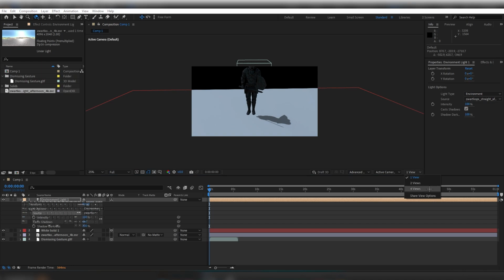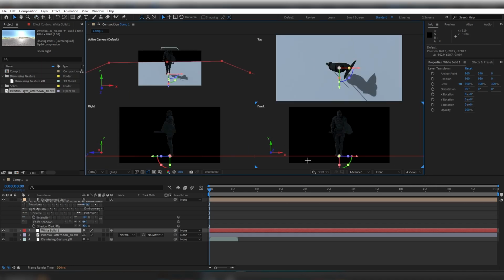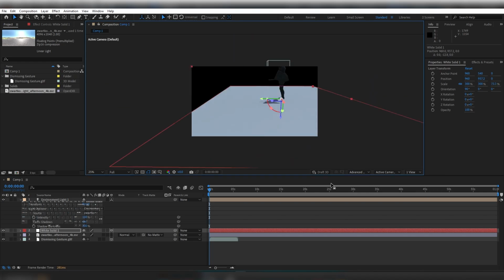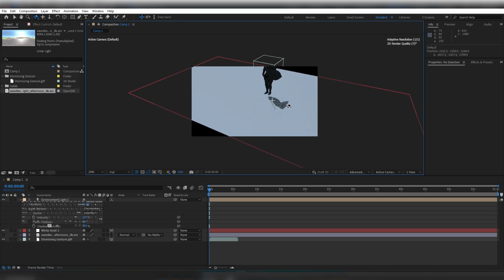Let's go back to the 4 views, and let's make sure that our solid object is near the foot of the character. Let's go back to the one view, and then press C to rotate. And now we need to fix the shadows. If we play it like this,